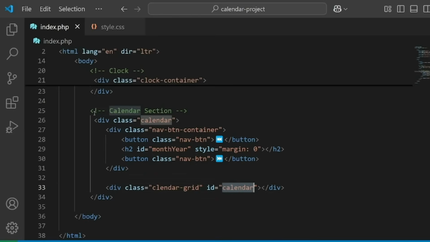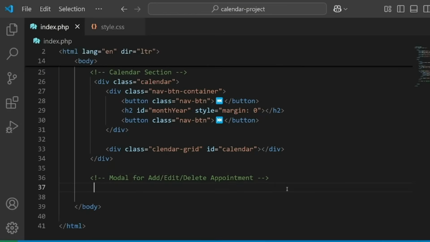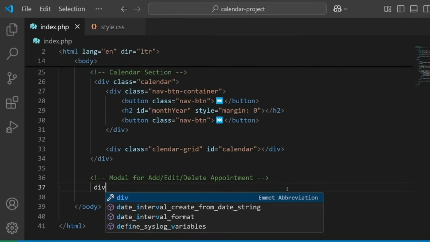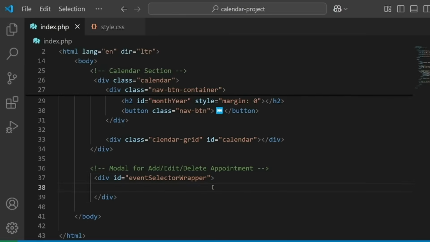After this calendar section, we need to create another section, which is a modal for add/edit/delete appointment. So we need to add a modal that will help us add, edit, delete appointments to affect the calendar. So let's go div and then give it an ID equals event selector wrapper. So we will specify this ID for this div, which is event selector wrapper, and then inside this div we